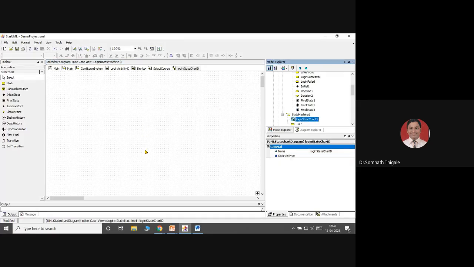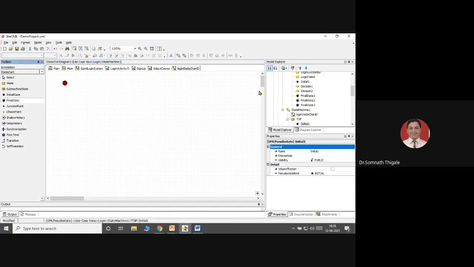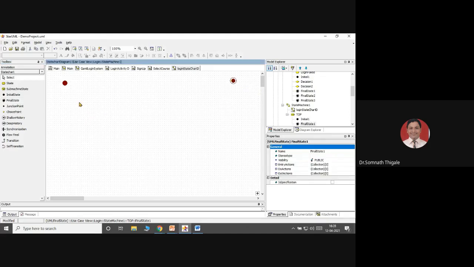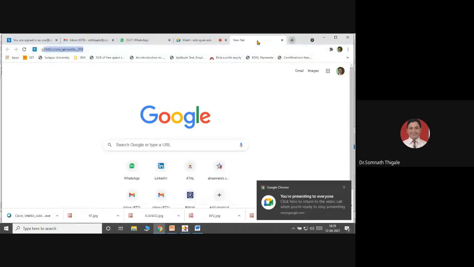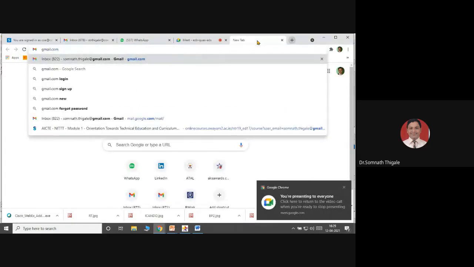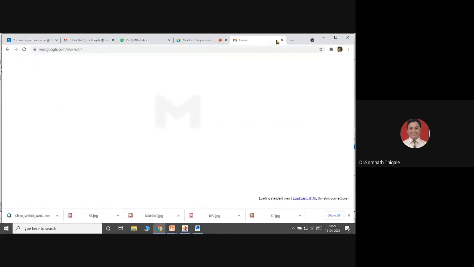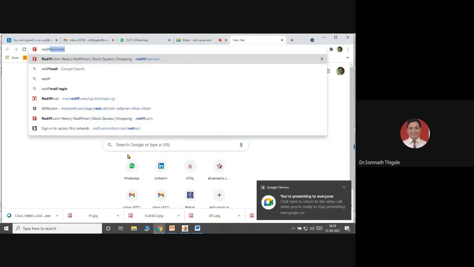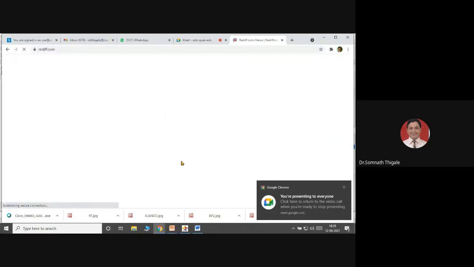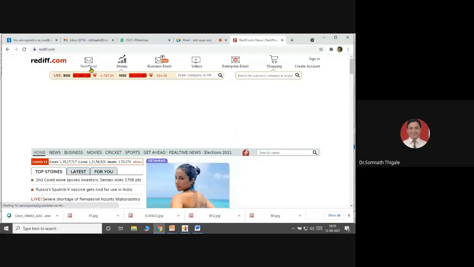Select this. Okay. Now as usual, this starts with the start state, the initial state. Again, we are going to use the end state. So I'm just taking the help. My first page, that is, I am on the login page. See here, my browser is open over here and I'm starting with www.gmail.com. I'll enter here. By default, it is taking login for me. So I'm showing it with rediffmail.com. I click on rediffmail.